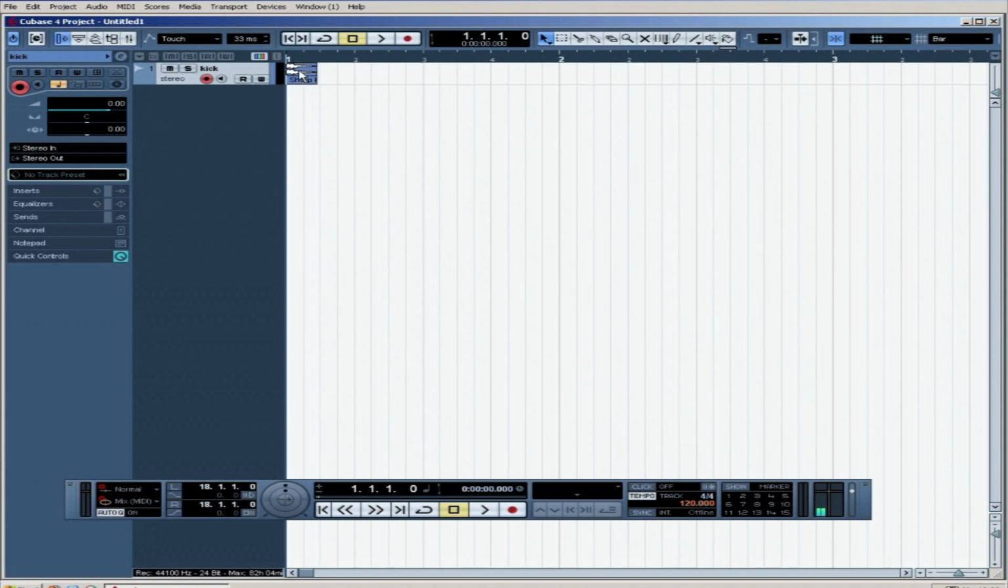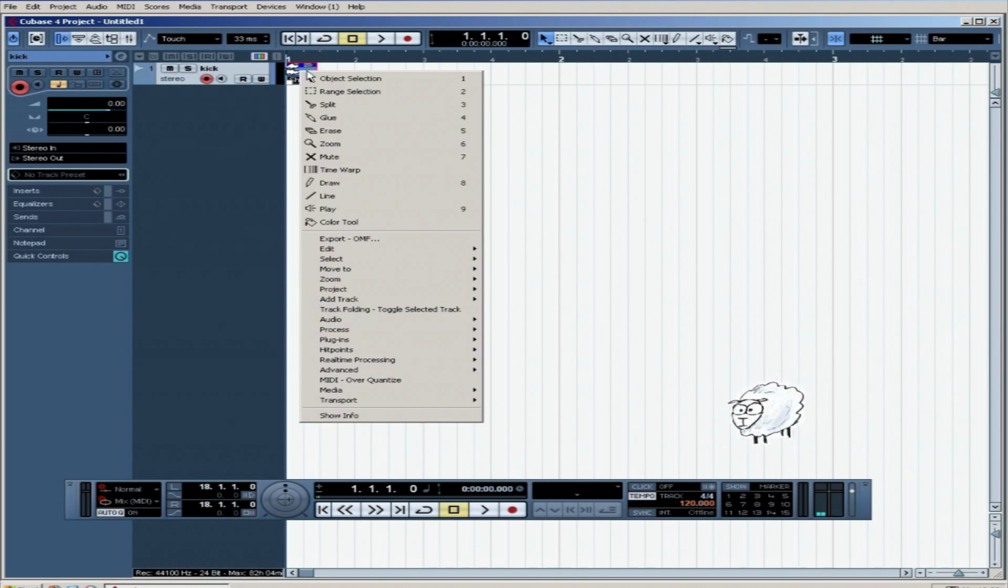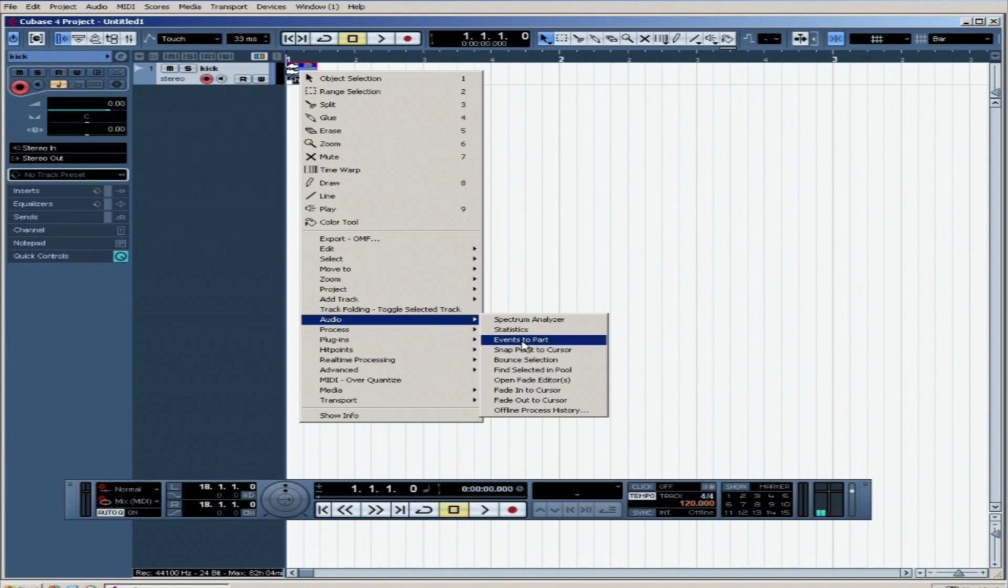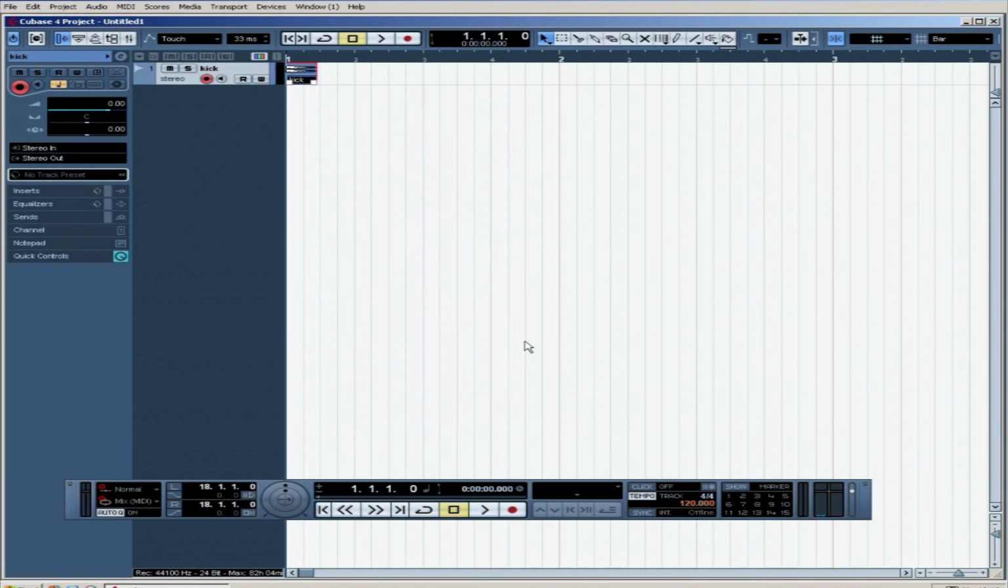Now this kick is in a little window of its own, and you can make that sound itself go within a block by making a part. Now you do that by left clicking this kick, then right clicking, and this whole list of stuff comes up. We're going to go down to audio and events to part, which means you could make a whole block that's a bar long. There's a bar. And now double click that block